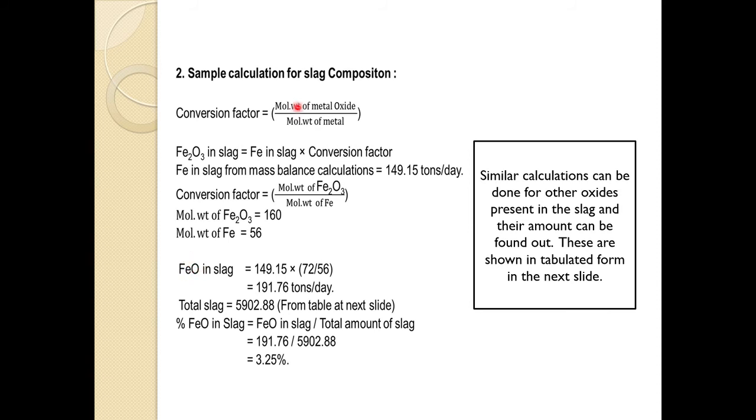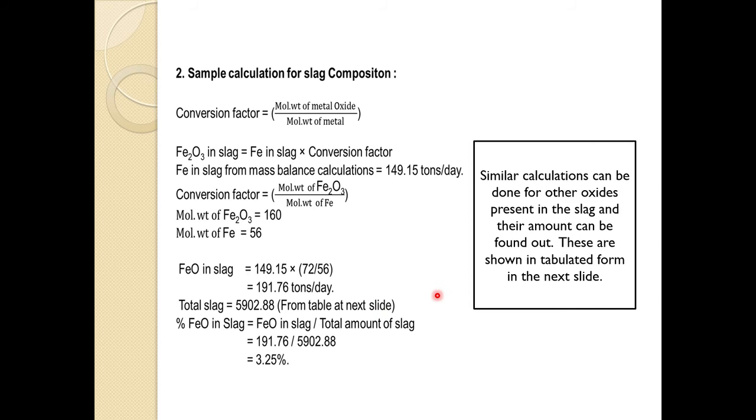So the molecular weight of the metal oxide, FeO, is 72, divided by the molecular weight of the metal, 56, multiplied with this iron in slag. So it is going to give you FeO in slag,